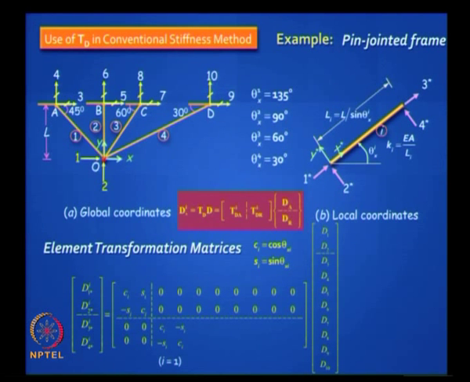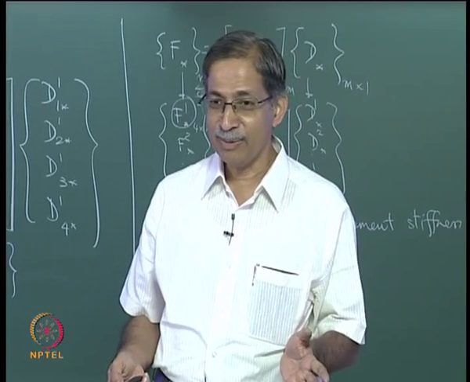So the top corner is common for all of them, because 1, 2 is common for all the 4 elements in this particular example. What about for I equal to 2, the second element, where will it go? Nice. Now you see, it's nice, you are just kicking around a football. What about I equal to 3? I equal to 4. That is it. That is it. So you have got 4 TD matrices for all the 4 elements.